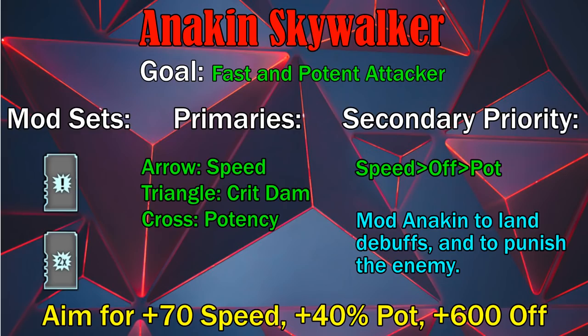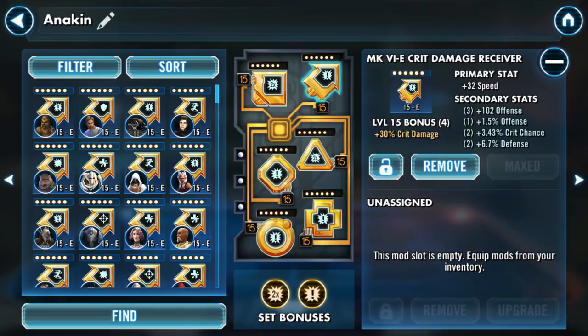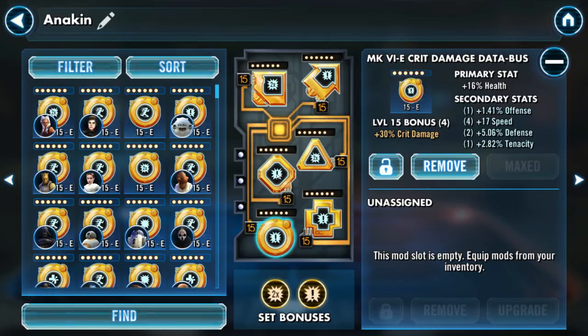Aim for about plus 70 bonus speed on him, plus 40% potency, and about plus 600 offense. The potency here is very helpful again because of the buff immunity and the heal immunity, and it's not just limited to Malak. With Anakin overall, you don't really have to worry about stacking too much offense on him. You can make him do one-shot kills with his AoE if you really want to go that way, but I found that stacking the potency on him to help land that heal immunity is much more vital, especially against